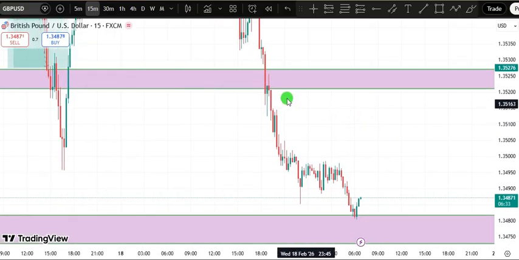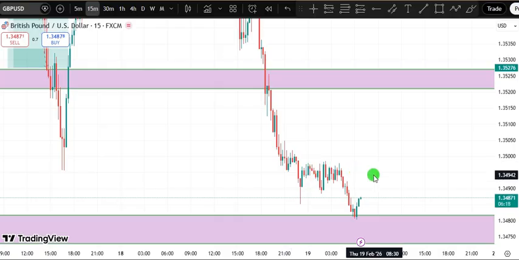When this market broke below this, I expected maybe a minor move, but before I saw it, it was already somewhere around this level. So there was no way I could take it, because my stop loss would be somewhere here and my take profit somewhere here. It gave me a 1-to-1 risk to reward ratio, but I wasn't comfortable with that, and that was why I didn't take it.